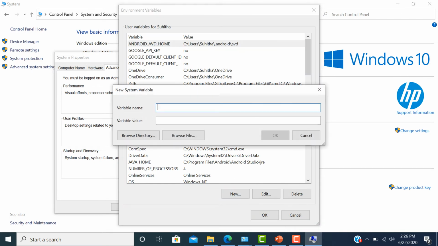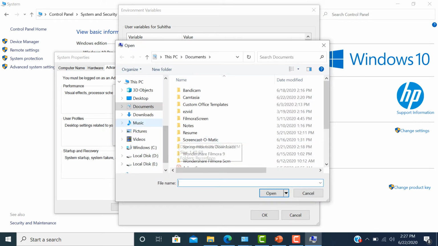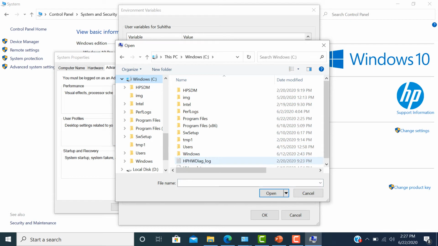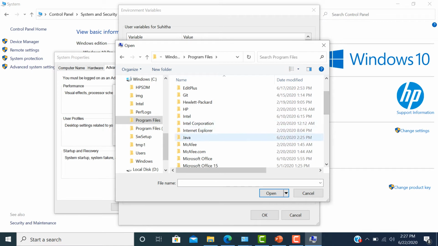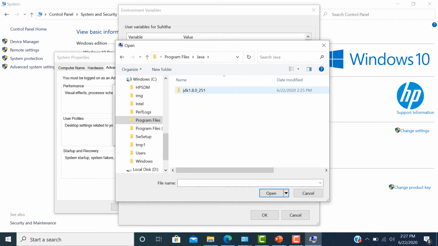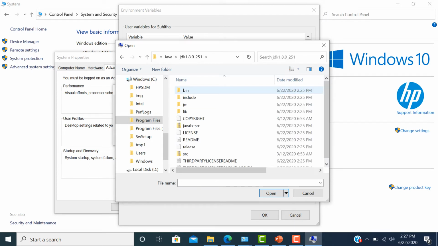Here just create a path, and here you have to copy your JDK folder. So go to Windows, C Program Files, and then go to the folder Java, click on JDK, and click on bin.